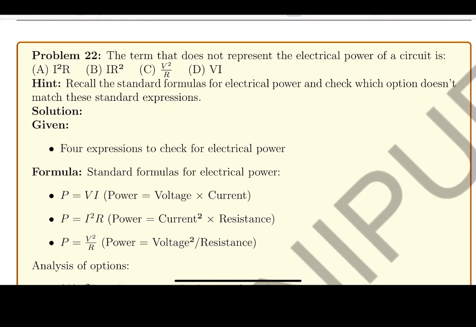Similarly, question number 22. Which term does not represent the electrical power? Okay, so from this question, which is not power? P is equal to VI, power. Instead of V, I can write down IR, so P is equal to I square R,